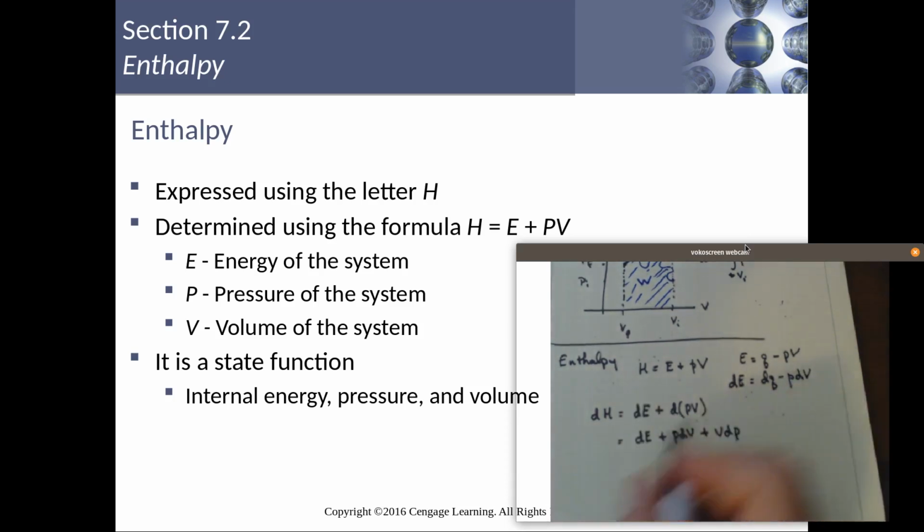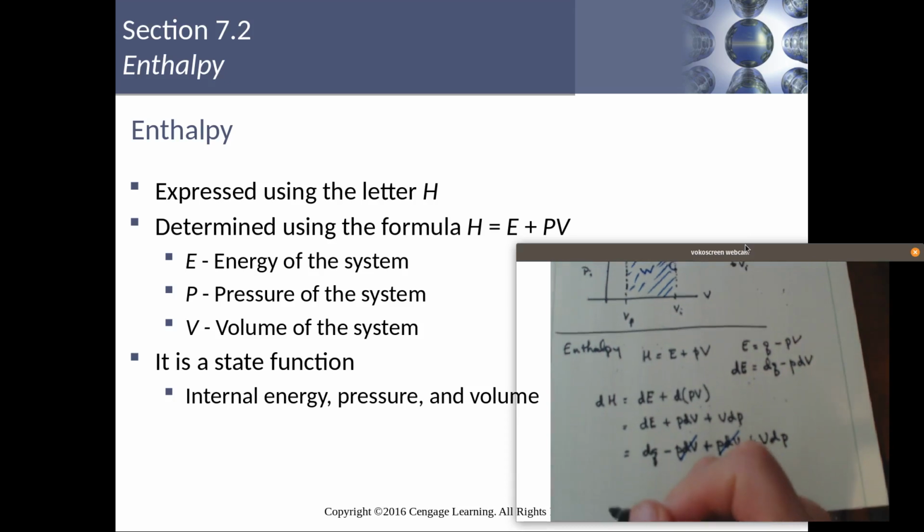But dE is dQ minus P dV, plus P dV plus V dP. Now it looks like I did nothing, but you see I can cancel out these two terms. Those two terms cancel each other out, and so I'm left with a definition of the change in the enthalpy,